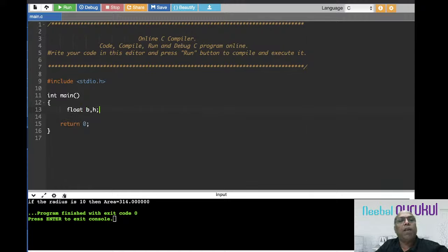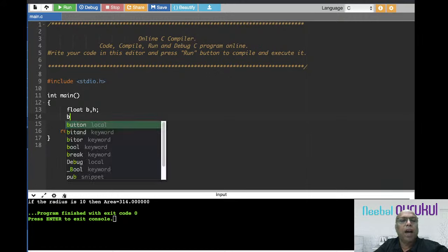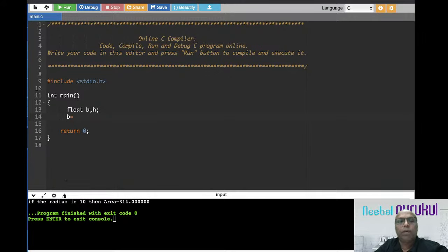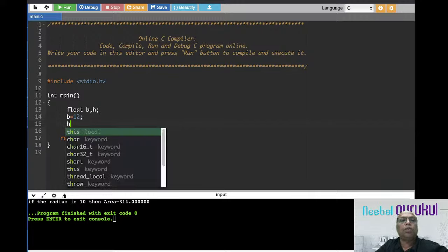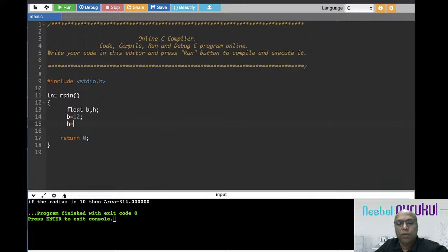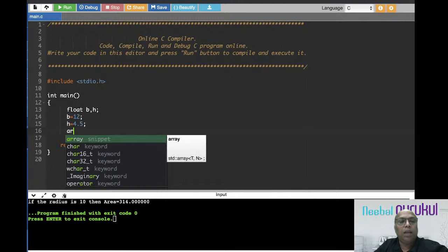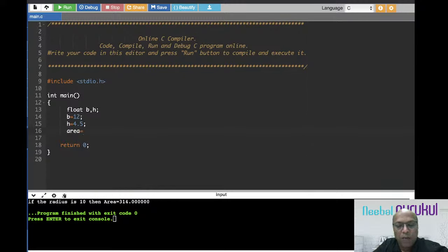What do I need to do? I've declared them, I created the memory for them. Now I need to give a value to them. I could have given it in the same line, I can give it in the next line also. I say B is equal to 12 and H is equal to 4.5. Input is done. What is the process? The process is half into base into height. So my area is going to be, I can use A also here. Area is going to be half into base into height, and half I write in this case as